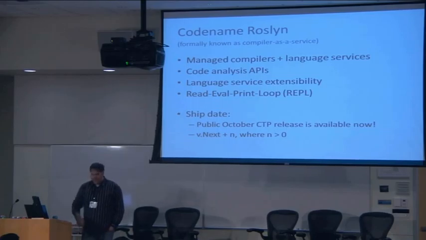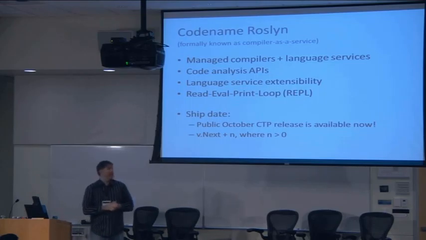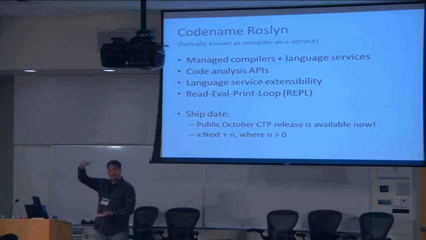So, as Anders mentioned yesterday, Roslyn is the compiler rewrite in managed code for the C# and Visual Basic compilers. So, rebuilding the C# compiler in C#, rebuilding the VB compiler in VB, and having a bunch of shared code in between that's in C#. Now, that's just a piece of Roslyn. That's at the very, very heart of what we're doing, but really we're building the entire language experience,